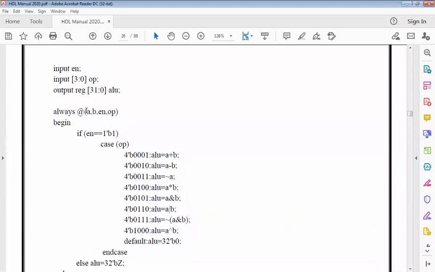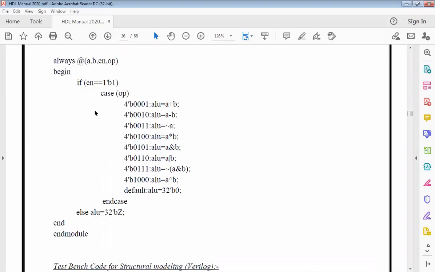Always at, so whenever I use this at, the things inside the parenthesis become sensitive. Fine. If enable is equal to 1'b1, this is referring to a 1 bit, the type of bit is binary, and the value is 1, right? So I think by now you all know this, isn't it?